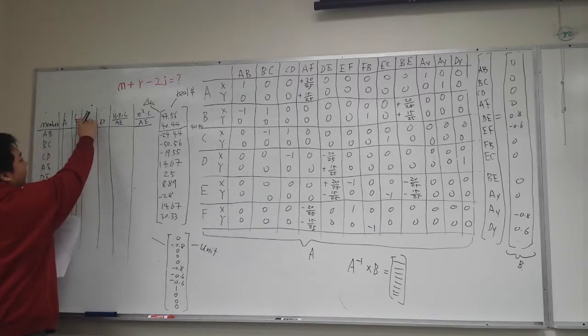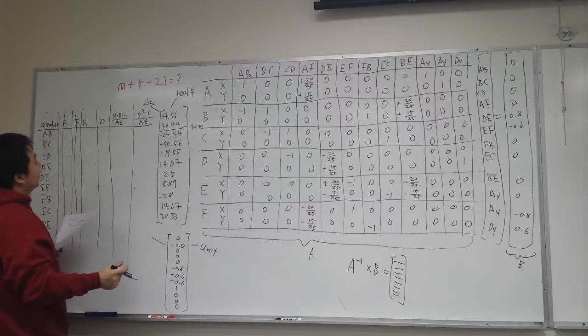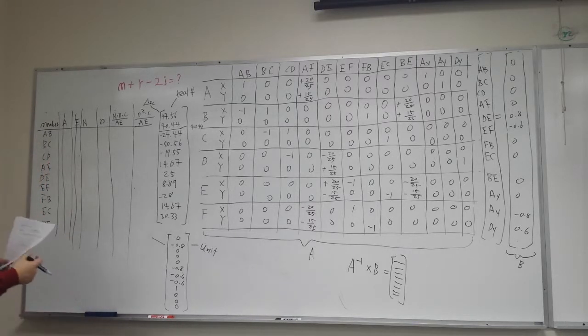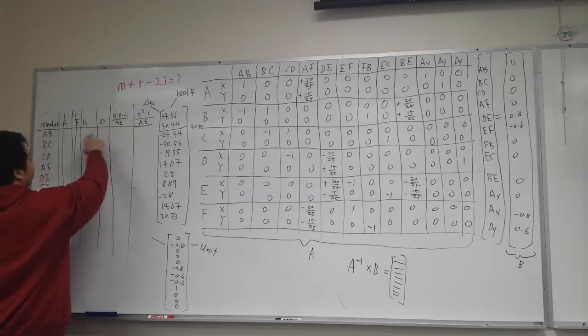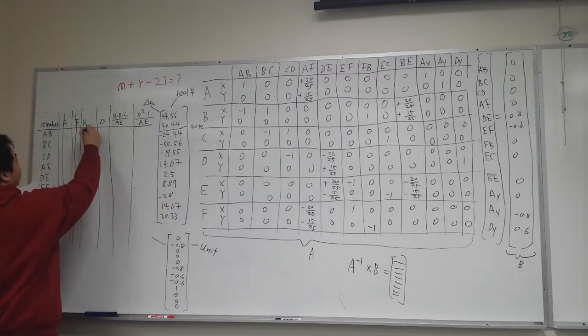Big N is your real numbers. That's A, E, N, and small n. Oh, small n, okay. Yeah, small n. You write that. So for big N, you just copy everything and put it right here. So you're going to have